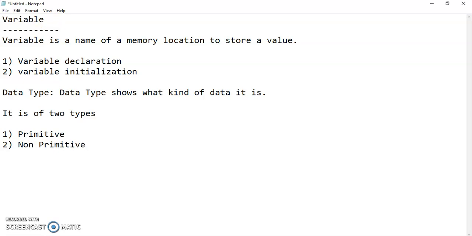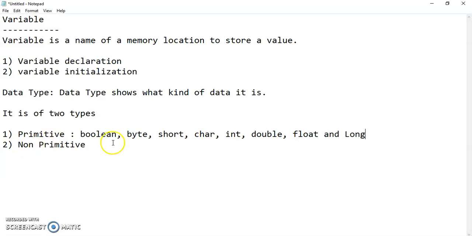So in primitive we have boolean, byte, short, char, int, double, float and long. And when it comes to non-primitive, we have array, string, object, class and interface.